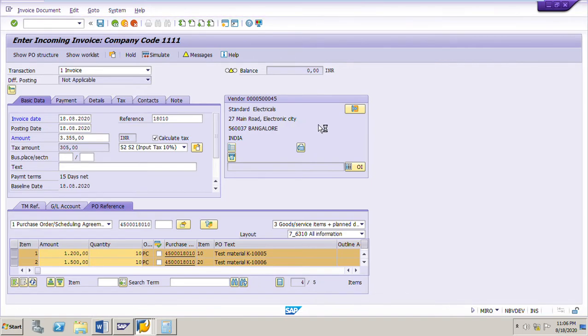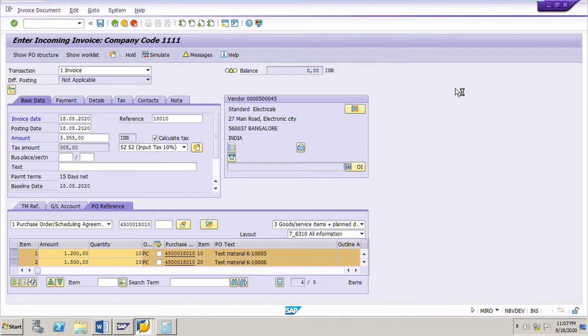Once the invoice is posted, we can see the invoice in the purchase order history, and we can go to the accounting documents of the invoice from the PO history also. Before posting, there are some yellow messages here, which are only warning messages. Whenever you post an invoice and some tolerances are exceeded, the system will give a warning message.